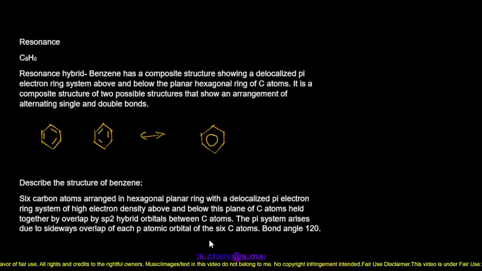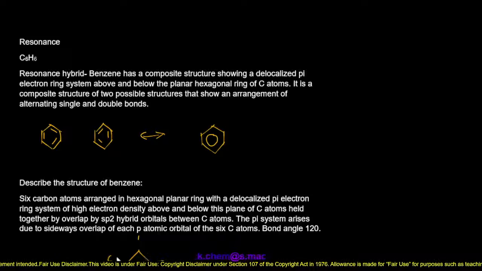And just to wrap up, we'll look at the structure of benzene in a short note by saying that benzene consists of 6 carbon atoms arranged in a hexagonal planar ring. And we count our carbon atoms from the top: 1, 2, 3, 4, 5, 6. It's considered to be a planar ring of carbon atoms, a hexagonal ring with 6 carbon atoms,